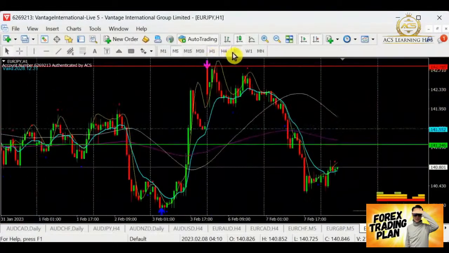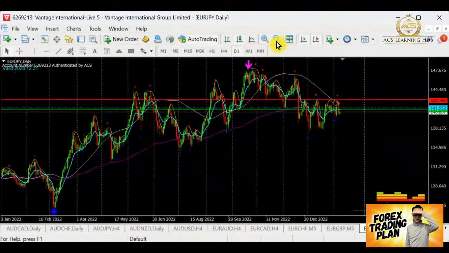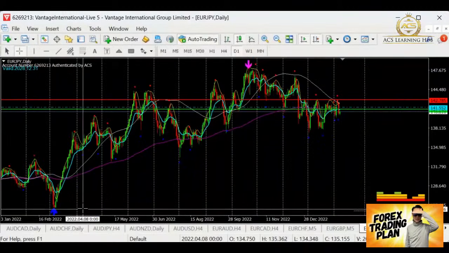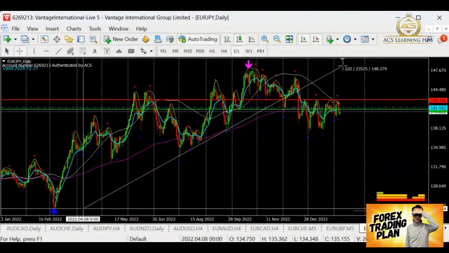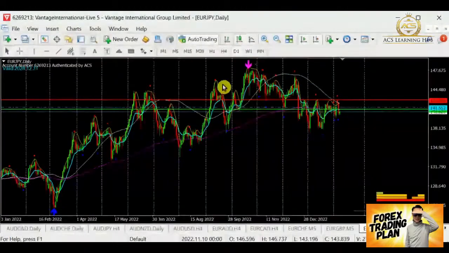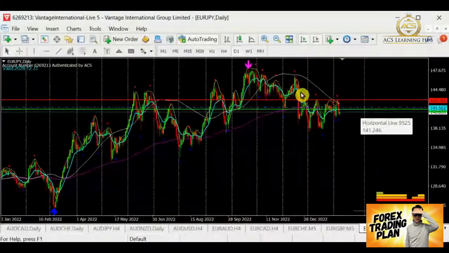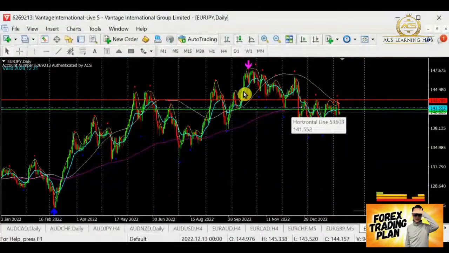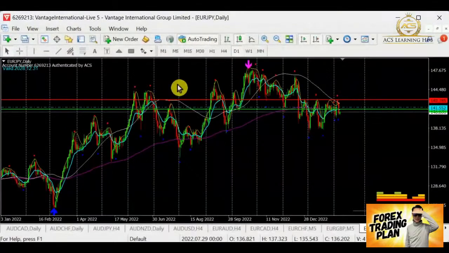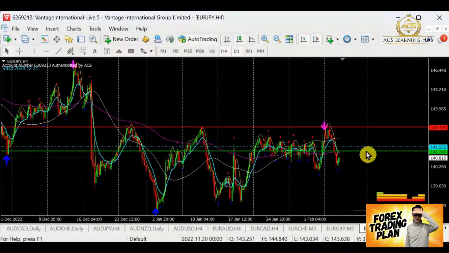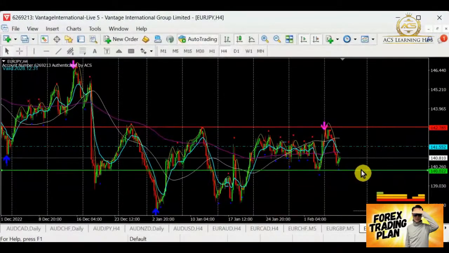All right, for Euro Yen, let's take a look at Euro Yen. Taking a look at the trend over here, from here connecting up here, we can see that this is still in the upward trend. After that, it comes in as a transition. So over here, transiting into the bear, will there be a chance that it will still continue downwards? Well, there may be a chance, as I still see that we are looking into the support level.